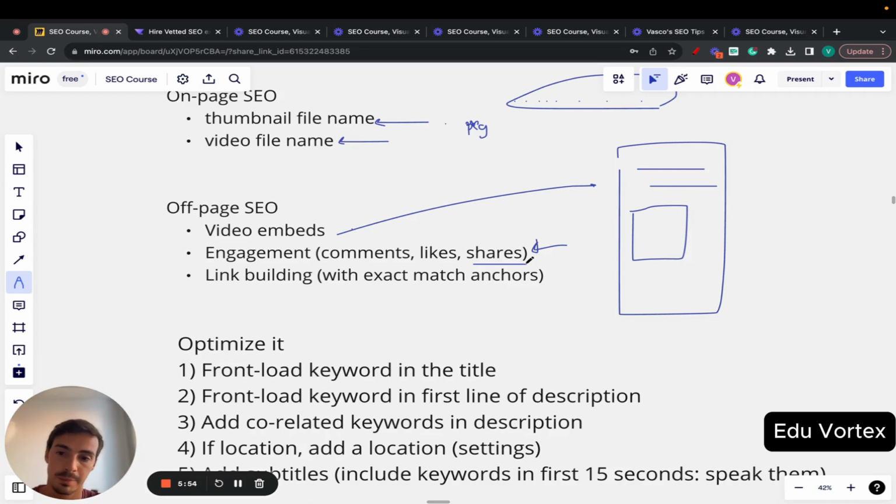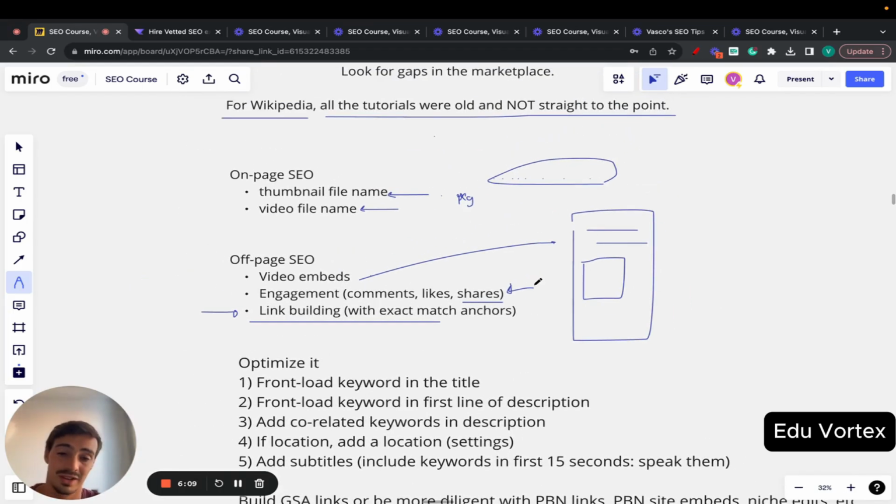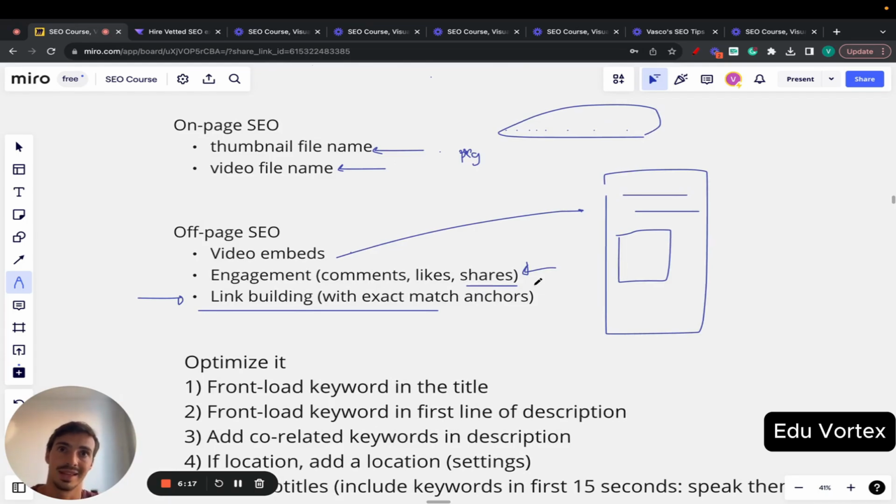And then link building, here you can go very aggressive. Again, in the next video I'll go over exactly how you can do this. But with link building, you can just do exact match anchors, right? Just do how to make a Wikipedia page, how to create a Wikipedia page. Go exact match, because it is very hard, or even impossible, to get penalized on YouTube. I've never been penalized on YouTube. I never heard of anyone being penalized there, because there are less strict guidelines when it comes to YouTube. So you can use and abuse other systems and build links directly to it with direct anchor text, exact match anchors, which is something you would never do, or not often do, on Google.